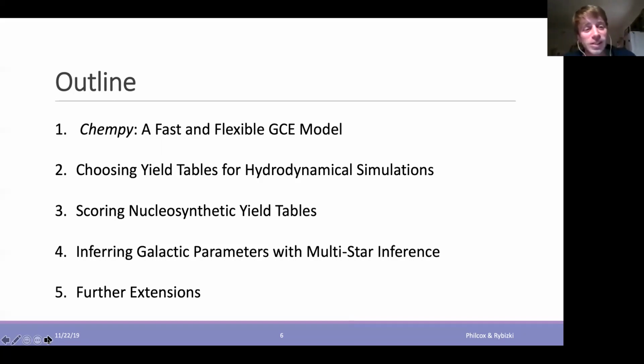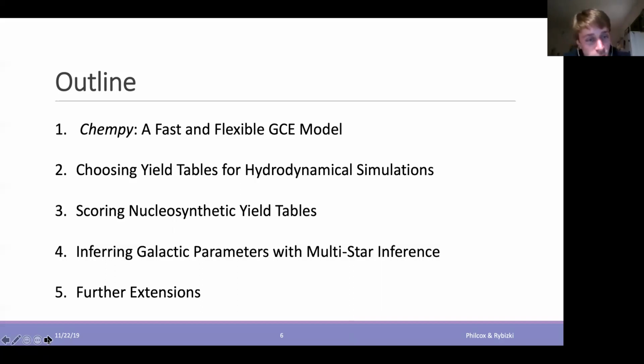We will talk about galactic chemical evolution models, and just because we produced it, it will be with the example of Chempy. We will show you how we could choose yield tables or optimize yield tables for hydrodynamical simulations and optimize the parameters. Then we show you a framework for how to score nucleosynthetic yield tables.